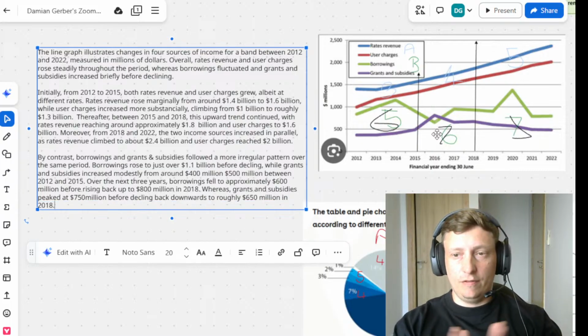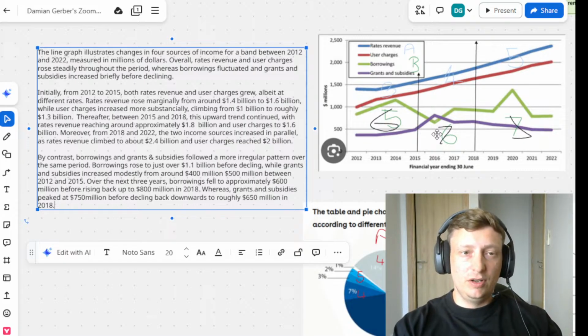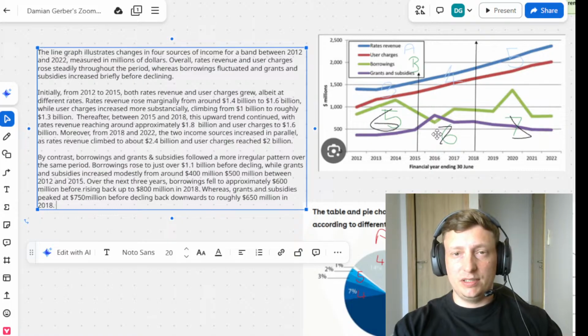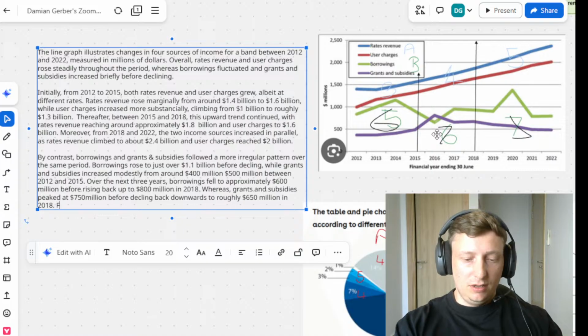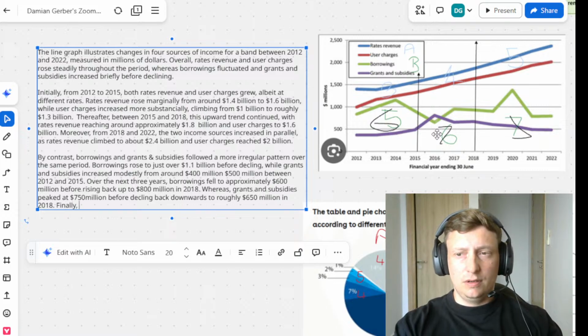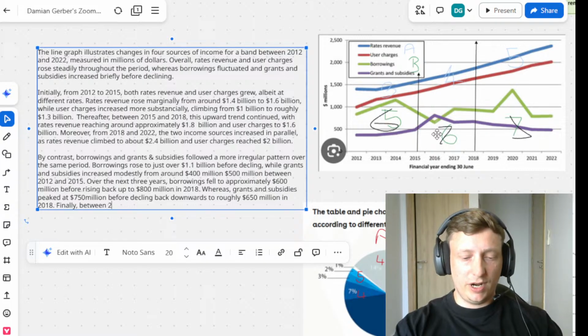Okay, final sentence. We're almost there. I know it might seem a little repetitive, but we're just following the structure to be able to get it done in 20 minutes. So same process again. Luckily, there's not too much going on with grants and subsidies at the end. So let's use a linking word to show that we're at the end. So let's go with finally. Between, you can say for the last 4 years, but I'll just write it out here, between 2018 and 2022,